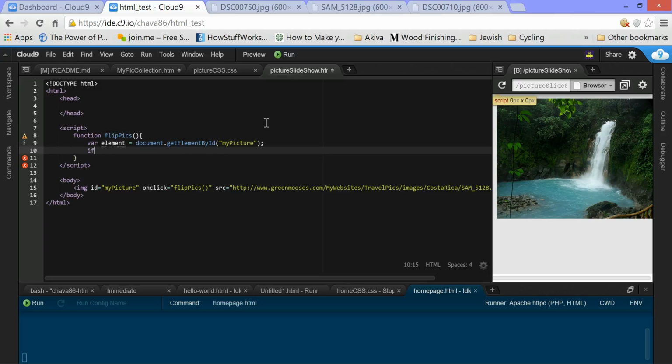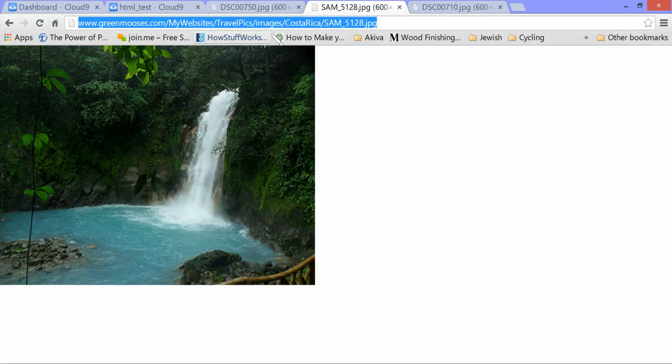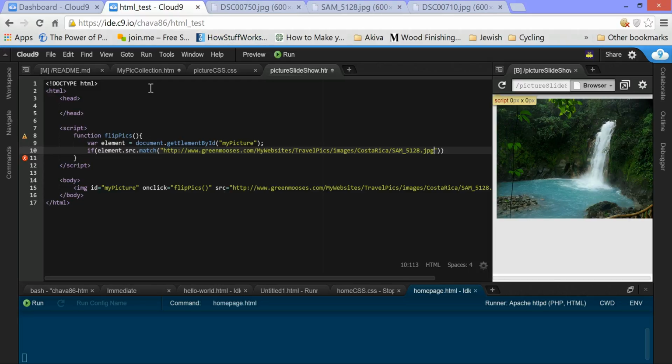Which makes it a little bit easier to say now if. I'm going to check. The first thing I have to do is check which picture is being shown at the moment. So let's say if element, and again, what's element? Element is this ID here. It's whatever's associated with this ID, which in this case is our image tag. So if the element's source matches this URL, which let's go ahead and grab just to make sure we have it. So if this matches this, which let's double check, which it does,